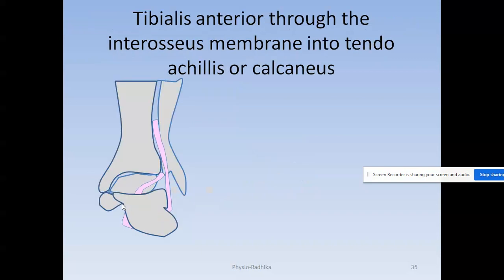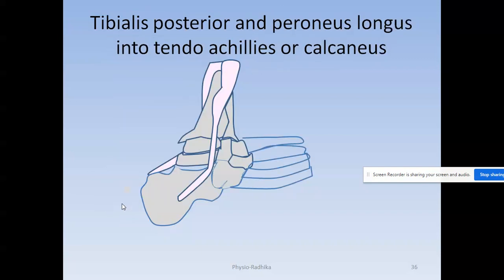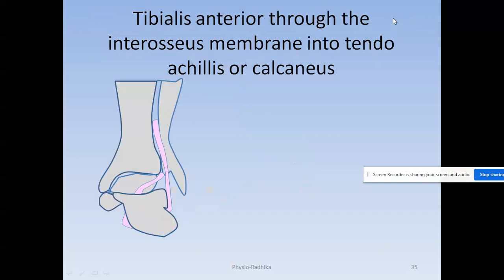Now, which is better? Tibialis anterior transfer or the tibialis posterior transfer? Tibialis posterior transfer is not only done alone. Tibialis posterior is done along with the peroneus longus because the muscle tibialis posterior is weaker. Hence, to substitute the weakened part, peroneus longus is also attached to the tendo achilles or calcaneus. So, this type of tendon transfer needs two muscles, whereas this tendon transfer needs only tibialis anterior muscle.